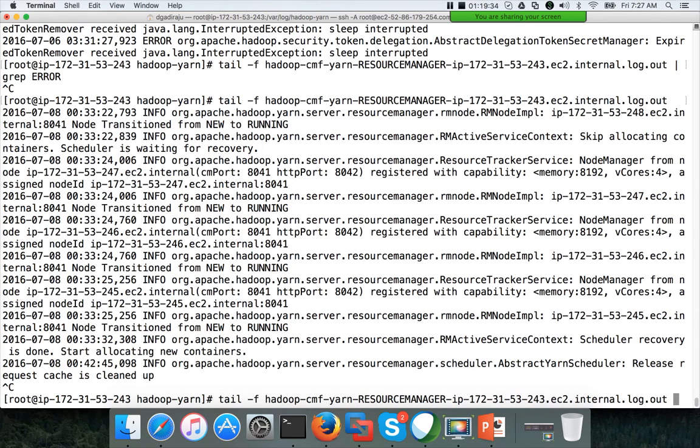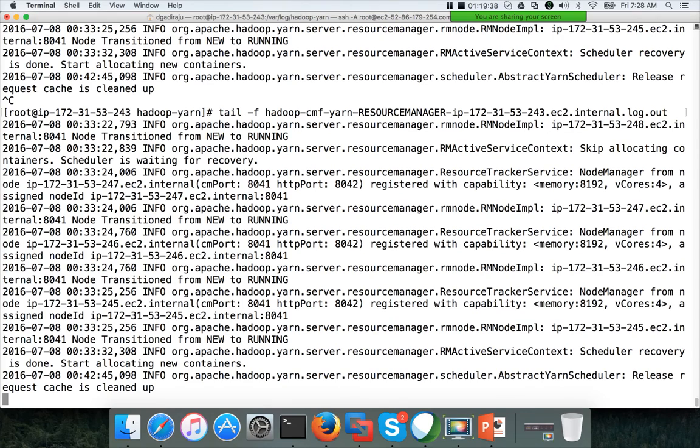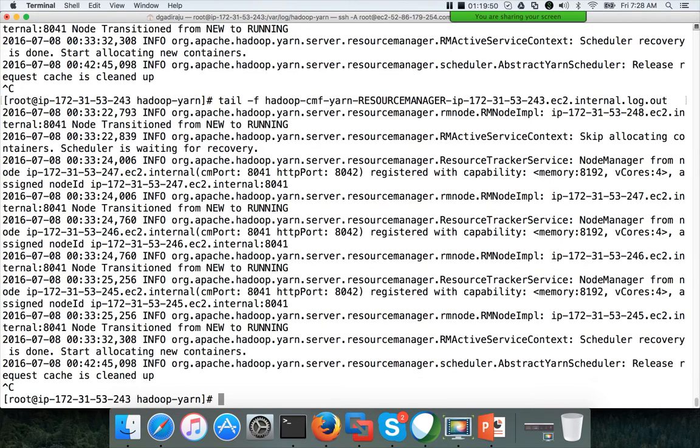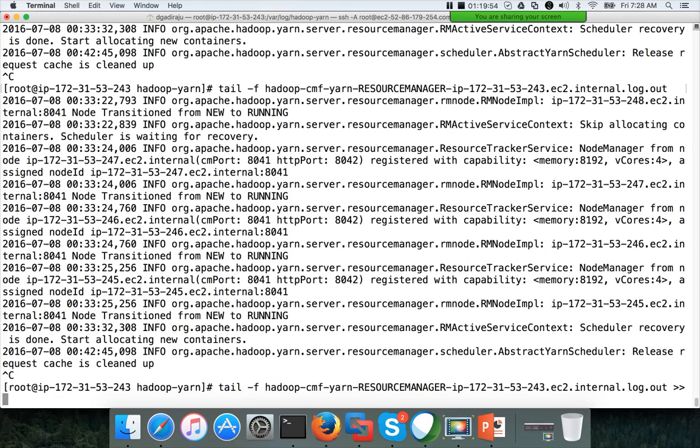Immediately before restarting the service, just run this command, and when the restart happens, it will get all the details of what is going on as part of the restart process. If there are any errors, you will get those errors displayed here. You can also redirect the output using the double greater than symbol into a different file.